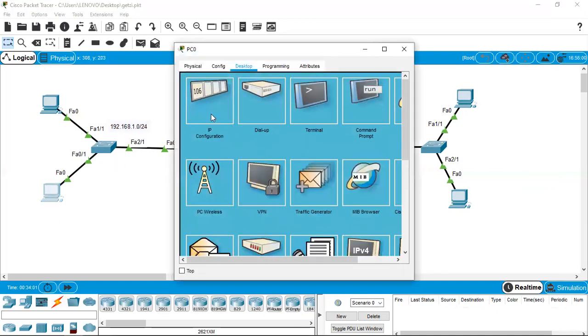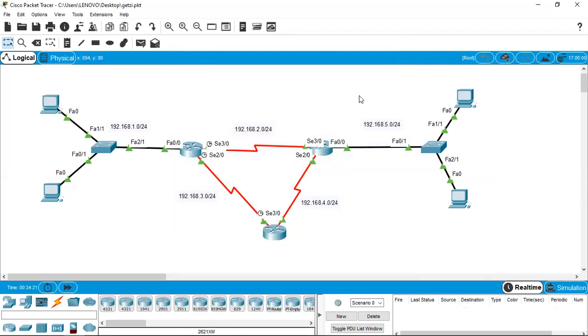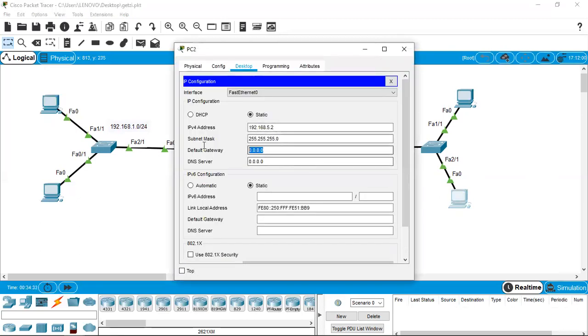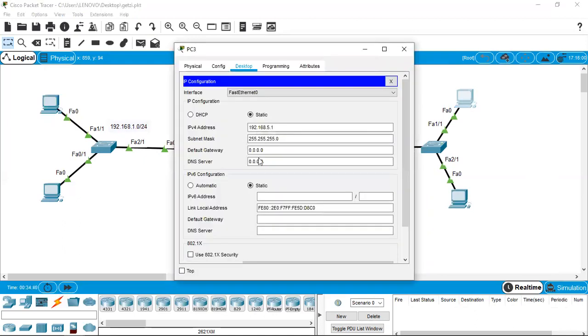192.168.1.254. So go to the switch again, go to the IP configuration. You change the default gateway as 192.168.1.254. I copy this 1.254, because the other machine also has got the same thing as the default gateway. So I give this as default gateway 1.254. All right. Now the same thing would happen here as well, because these machines also need to know the reverse way. So this IP has to be given here 5.254. So you should give 5.254 as the gateway here, and also 5.254 as the gateway here.